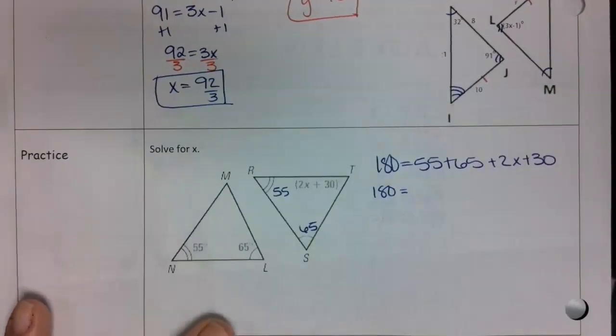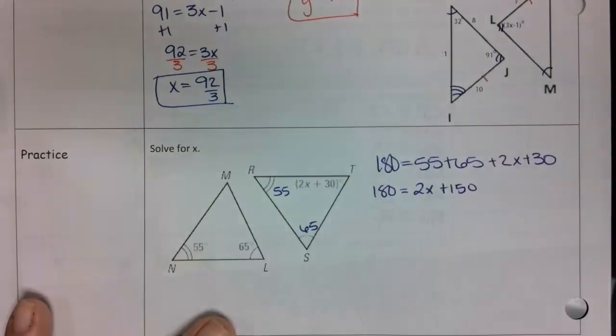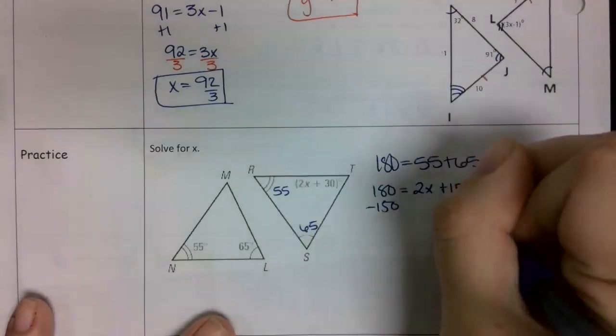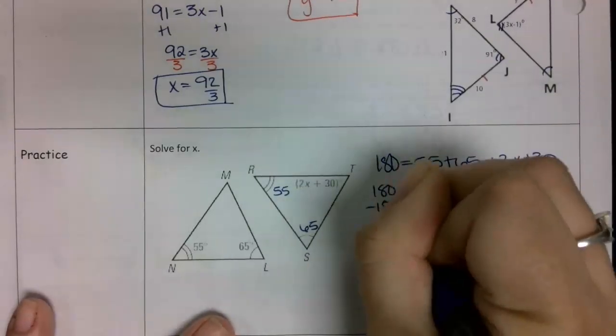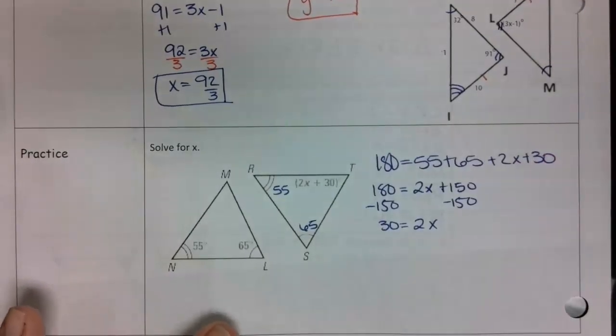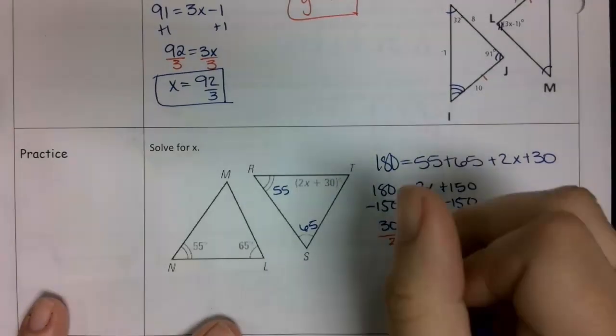What do I get when I combine all of my numbers together? So 55 plus 65 plus 30? 150. And then I want to go ahead and subtract 150 on both sides. So I get 30 equals 2x. And then divide both sides by 2. X equals